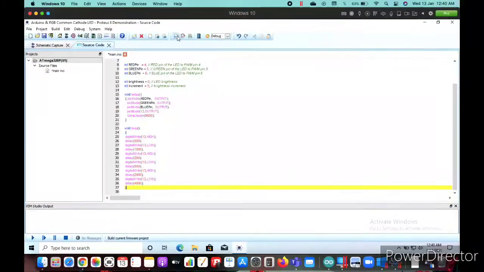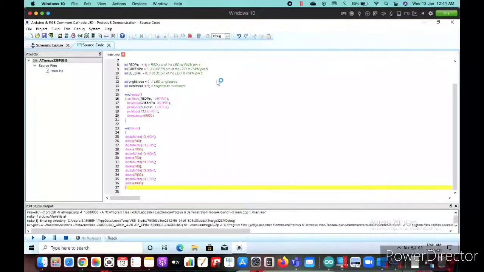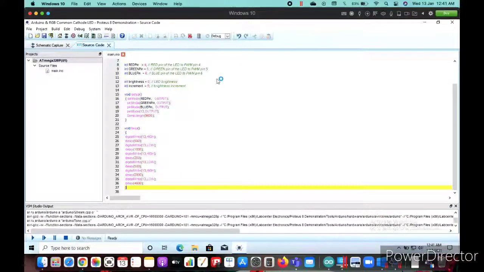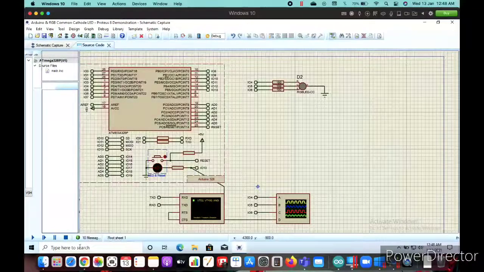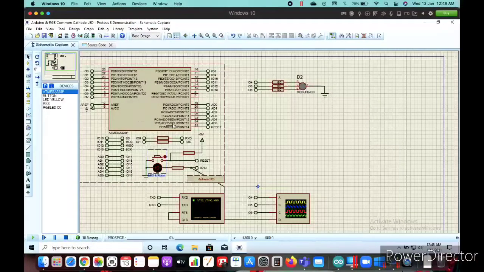Now my code is ready. Now I will build this project. Here you can see it is written compiled successfully. We'll move to the schematic capture section.